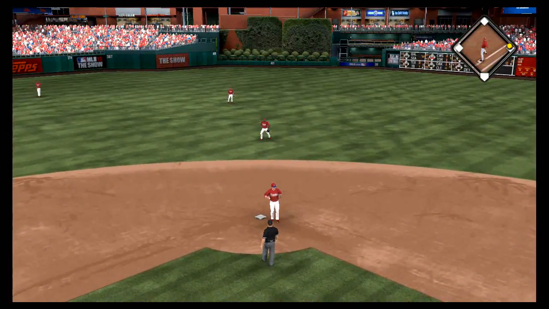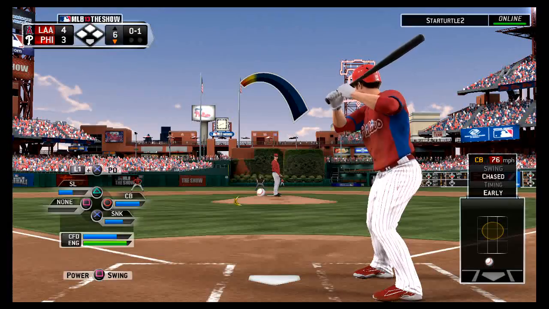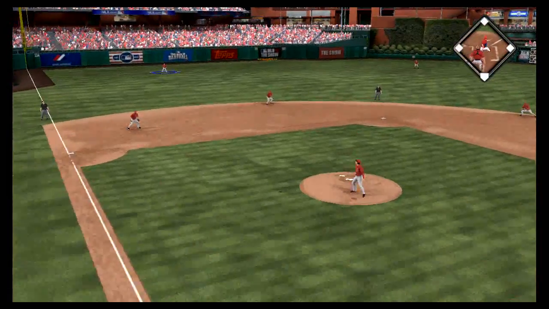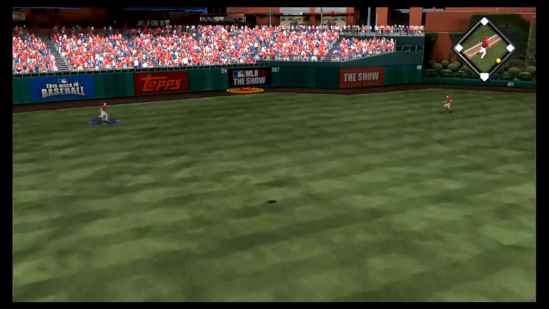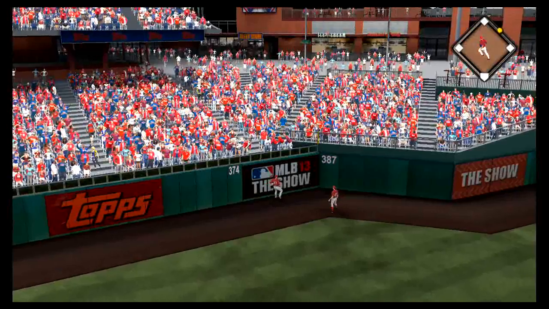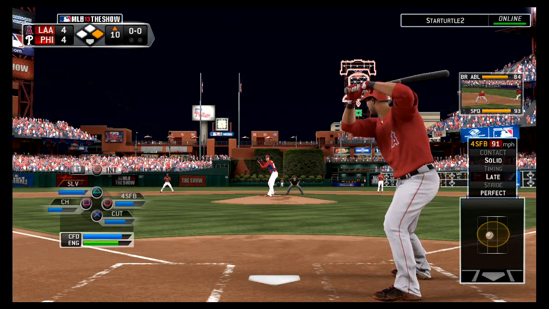Trout actually advanced from 1st to 3rd on an error and a stolen base to 2nd, and an error by my opponent. I think it was a wild pitch. Anyway, next inning he ties it up at 4 with the 2nd home run by Chase Utley. There was no question about that. There was no way I was catching that, even with that red animation saying that I could have jumped for